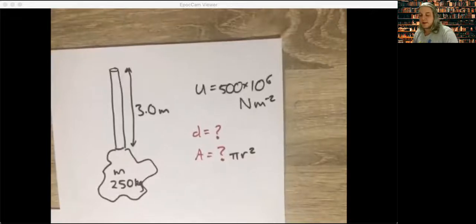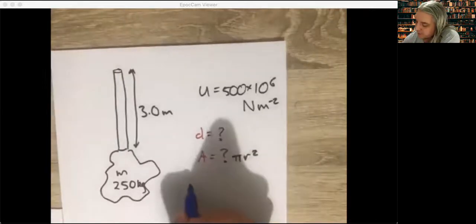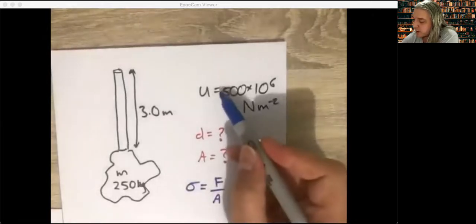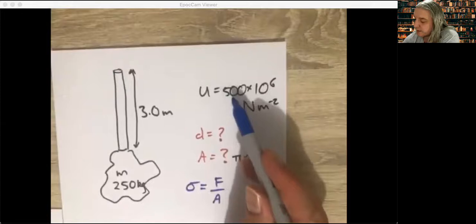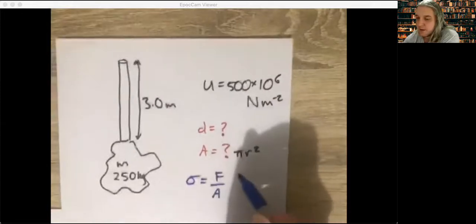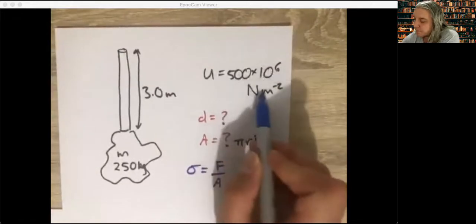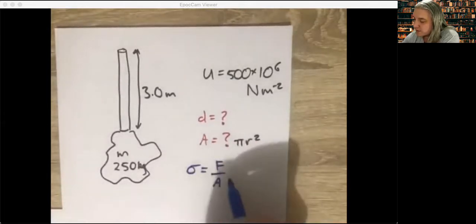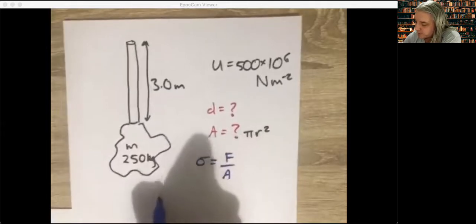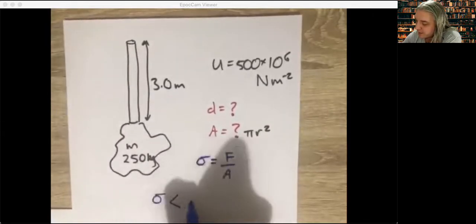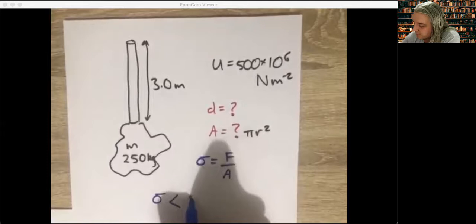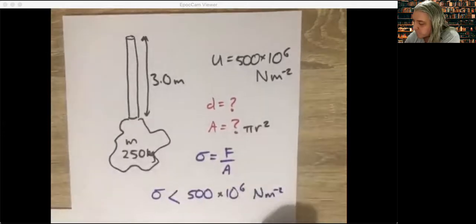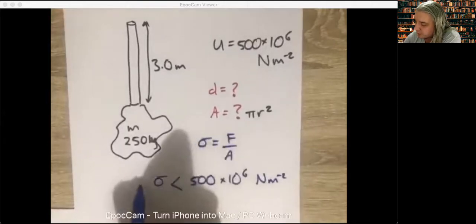We can start by just writing out the things we do remember. So hopefully you can remember that stress is equal to force over area. And this is the ultimate strength. The ultimate strength, remember, is the highest the stress can get before it breaks. So if the stress can at most be that, and we know the force that we've got, that'll already tell us the area based just on this equation. So what we're saying is that the stress has to be less than 500 times 10 to the 6 newtons per square meter. And since the stress is equal to F over A,